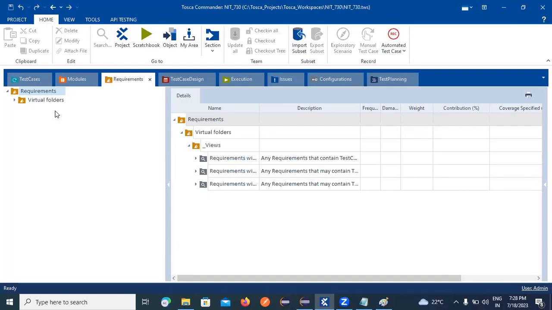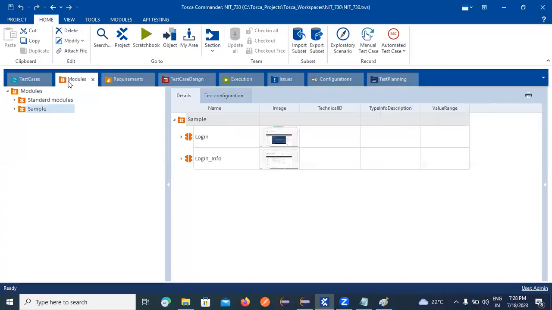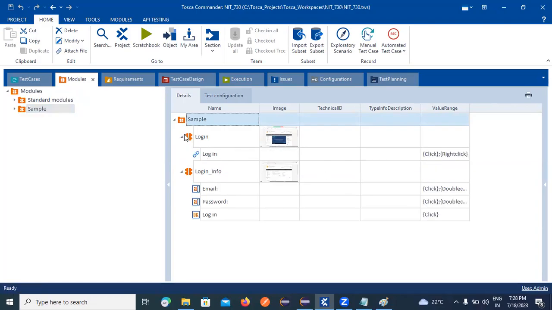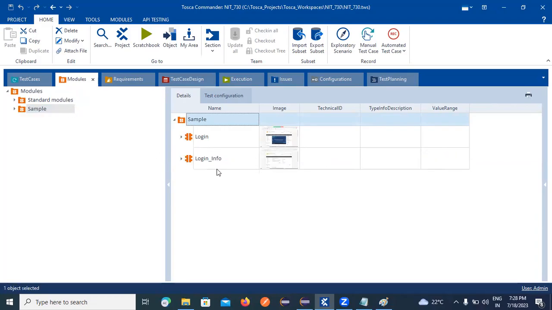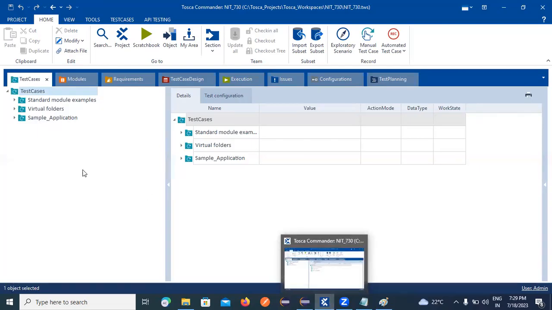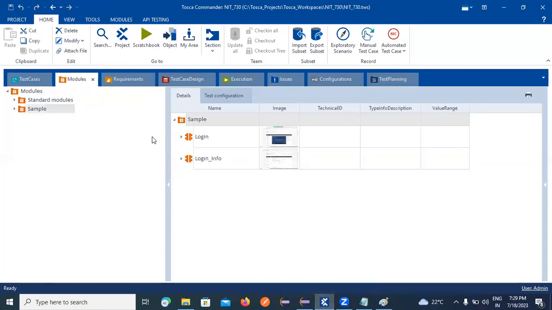Once you provide the application related information under the module, you need to drag and drop this module inside of the test case. How are you able to drag and drop? If you want to drag and drop modules